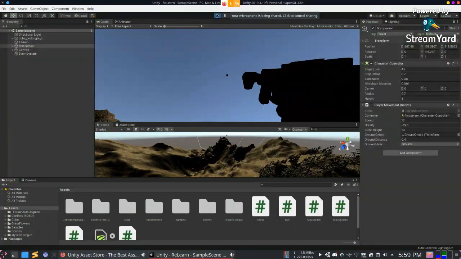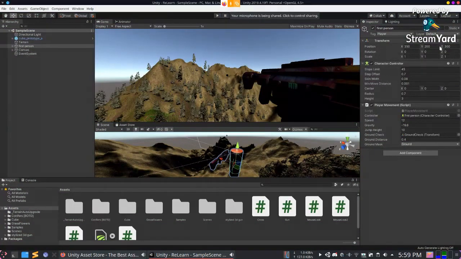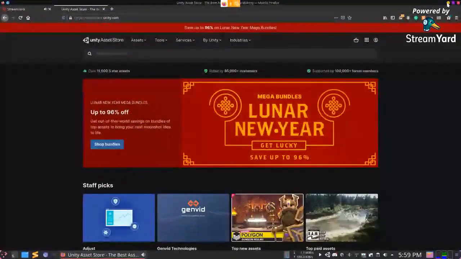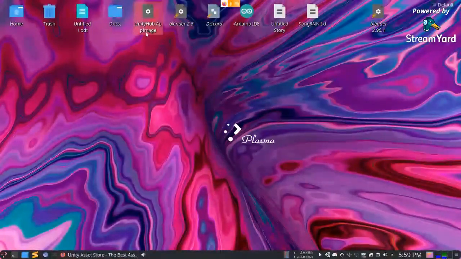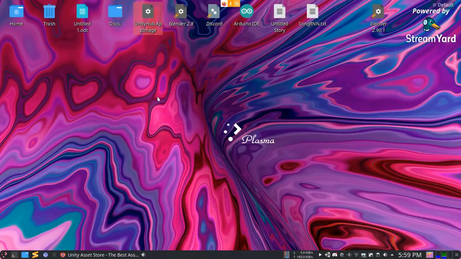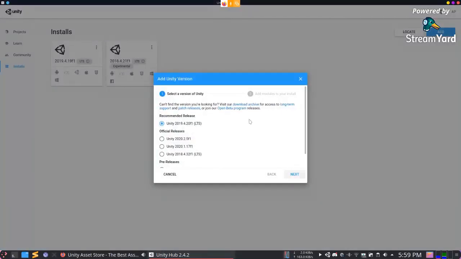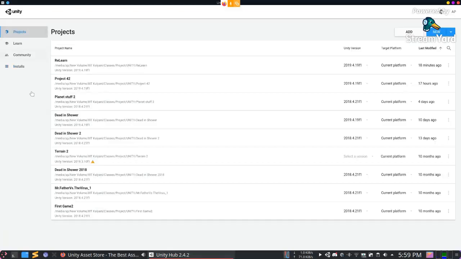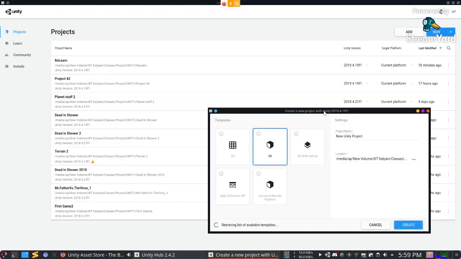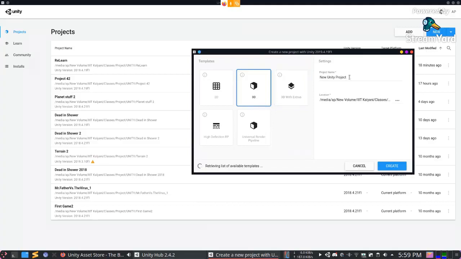So now I'm going to quit this Unity project and create a new one. You must have downloaded the Unity Hub. This is the AppImage. There, under Installs, if you haven't already added a Unity version, you can click on Add and then add the Unity version you require. We recommend using 2019 LTS because it's long-term support. And then under Projects, go to New. In New Projects, create a 3D project, and for now I'm going to name it I Can Walk.